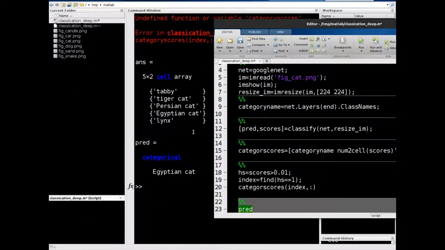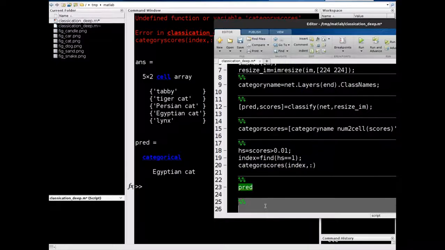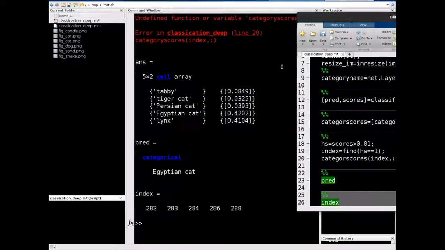So it is returning Egyptian cat. We can also find the index of these categories. So let us create another section and just type index here. So this is at index 282, this is at 283, this is 284, this is 286.